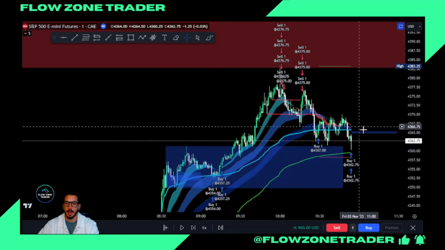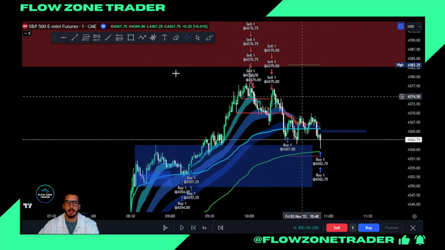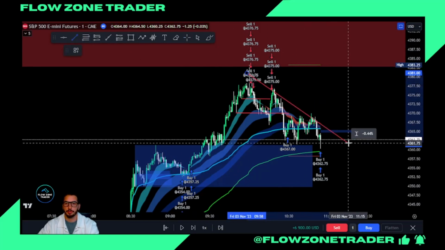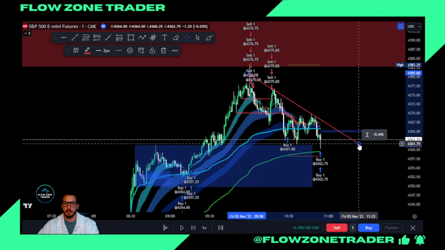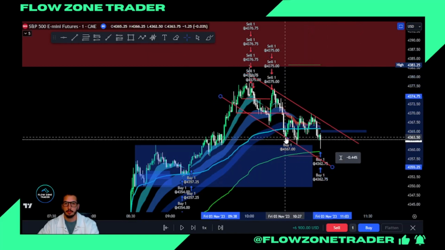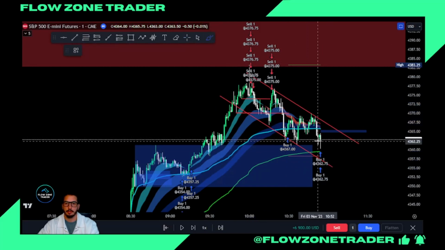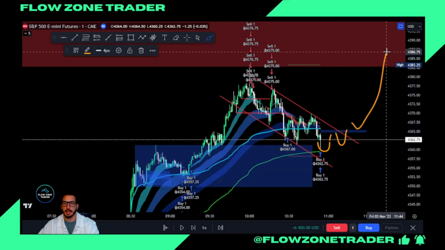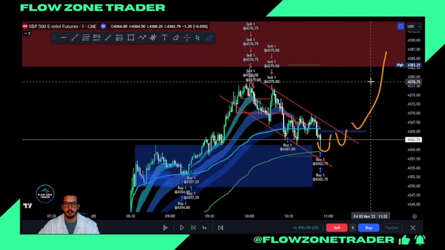This is a pullback leg. This is a giant flag. It's a bit like yesterday. If anyone watched me trade yesterday, I was flipping between shorts and longs because I knew what was a pullback leg. Okay. So what am I expecting now? Well, if we can consolidate, right, off demand, reclaim the anchor, we're going to go and take out the high, right? We're going to go back into the high.